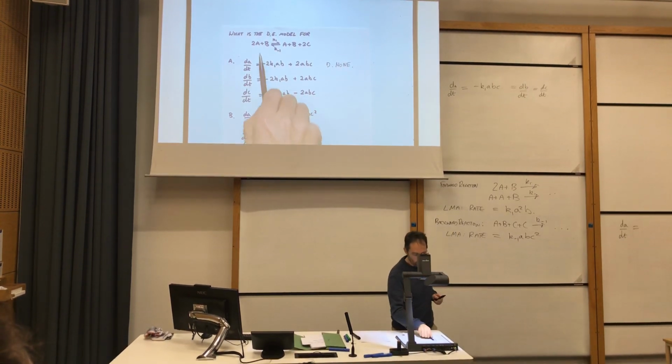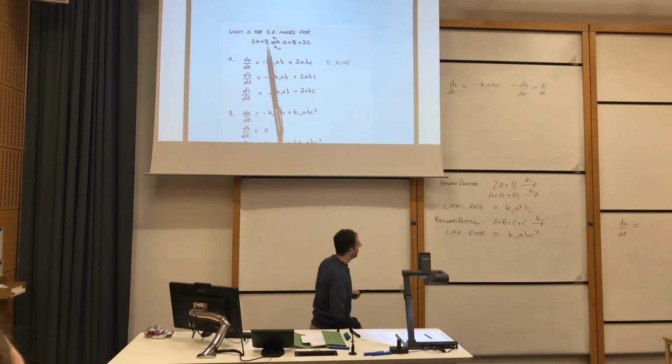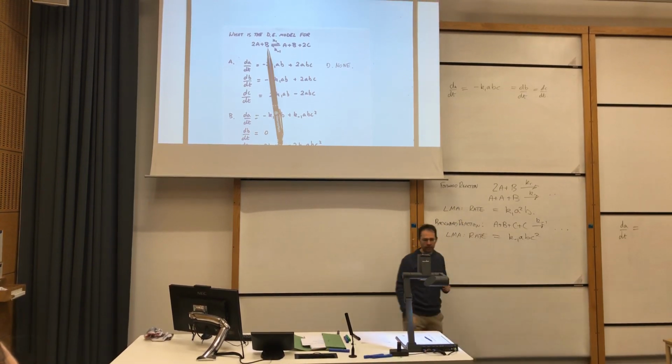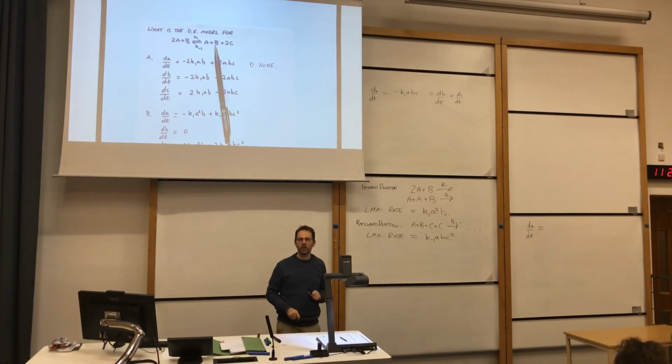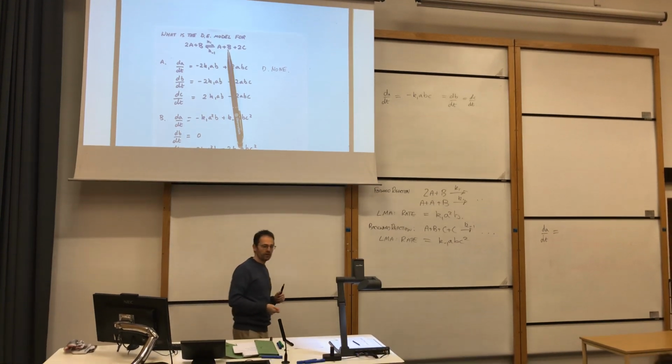This forward reaction, we start with 2 molecules of A and 1 molecule of B. The forward reaction goes at rate K1A squared B. But as a result of this reaction, on the right-hand side, well, we lose one of the molecules of A,